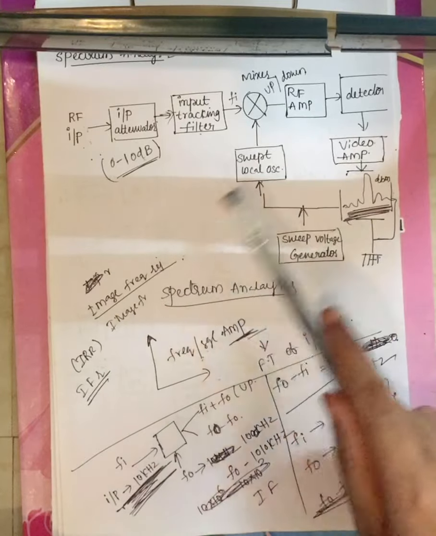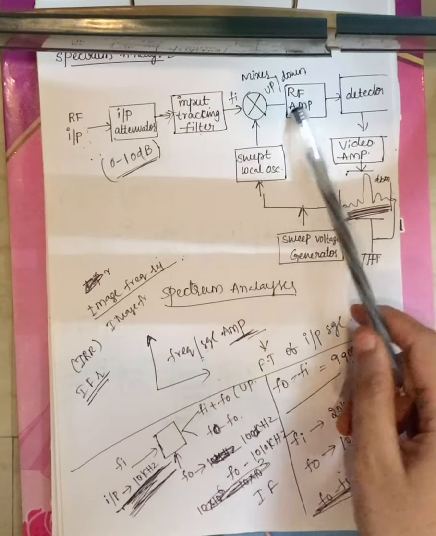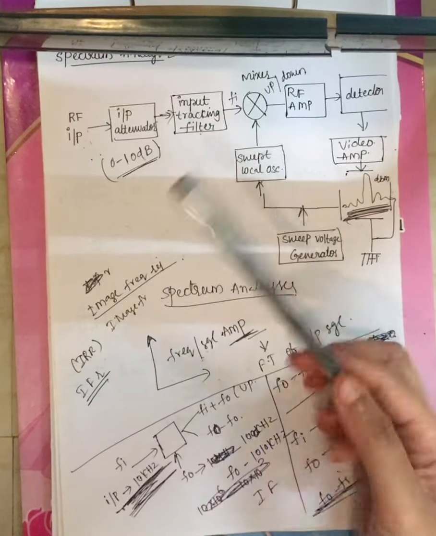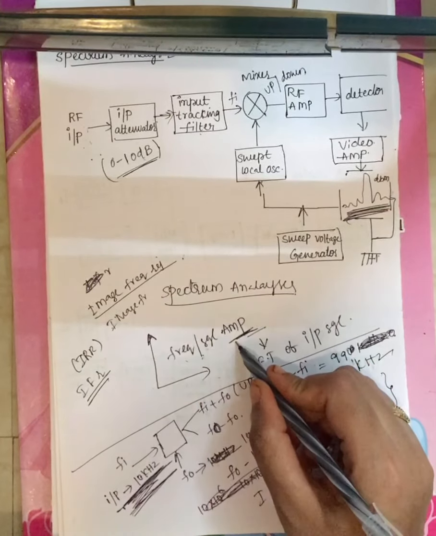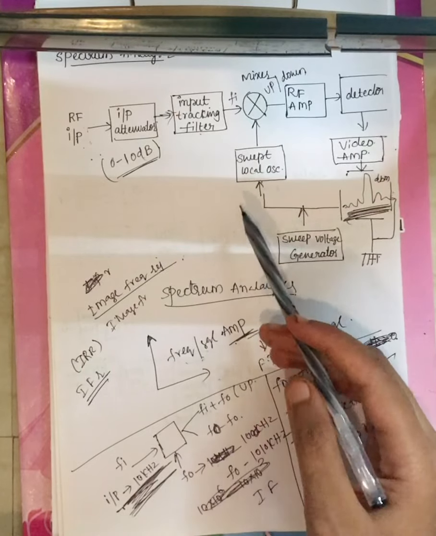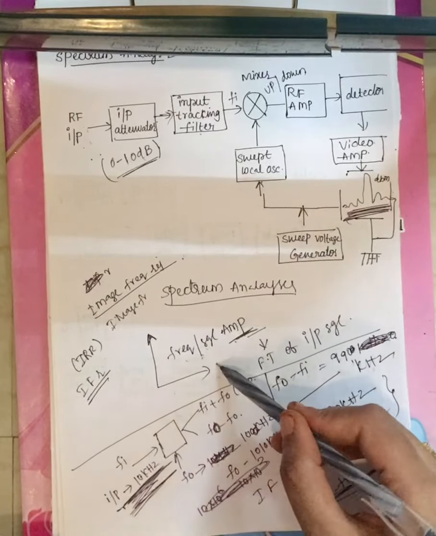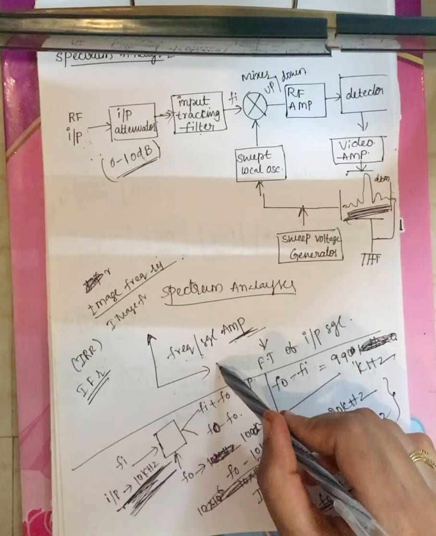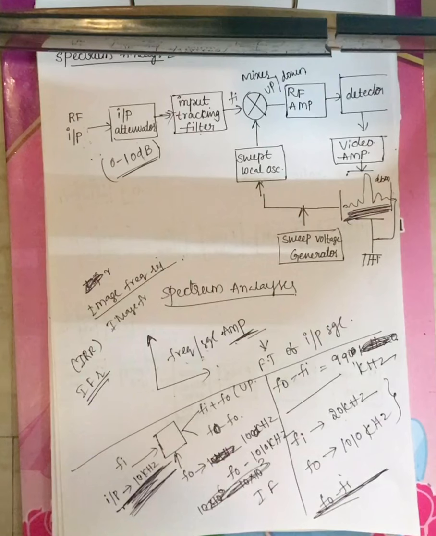The spectrum analyzer is a frequency domain instrument, and it gives the plot between frequency versus signal amplitude. These are useful at RF and microwave frequencies for analyzing the spectrum of signal sources. Whatever signal we want to measure, we want its spectrum, the plot of frequency versus signal amplitude. Now that is given as input.